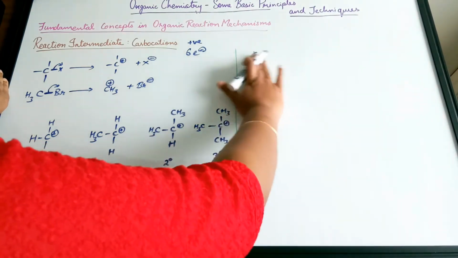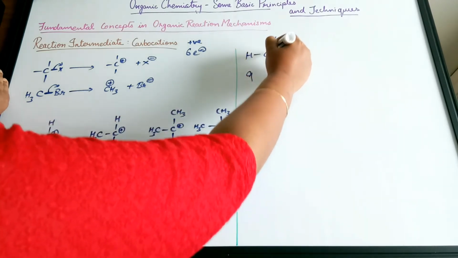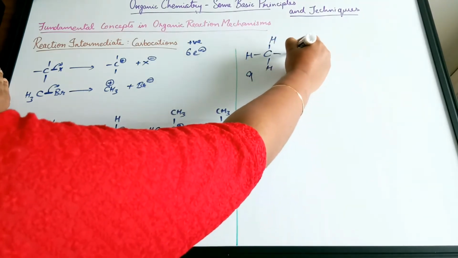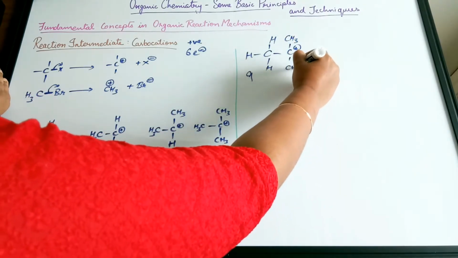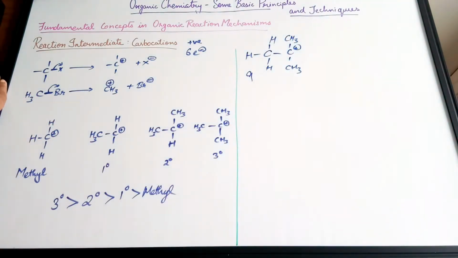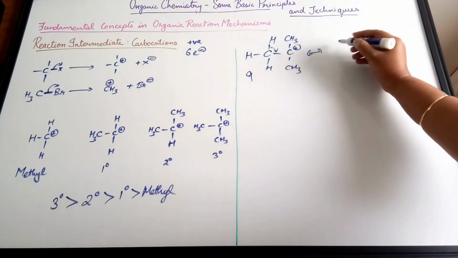Hyperconjugation is basically no bond resonance. So the number of hyperconjugation structures would be 9, and that's formed because this particular bond is going to get shifted here,